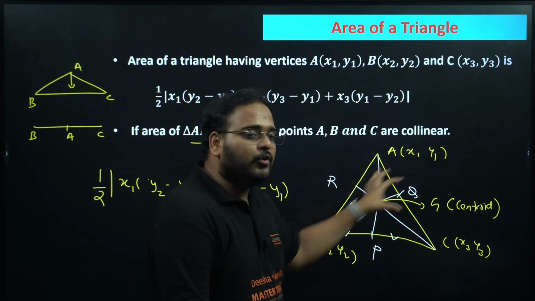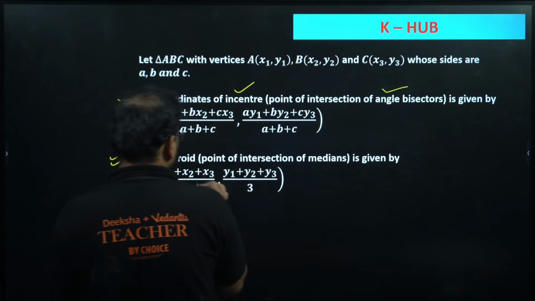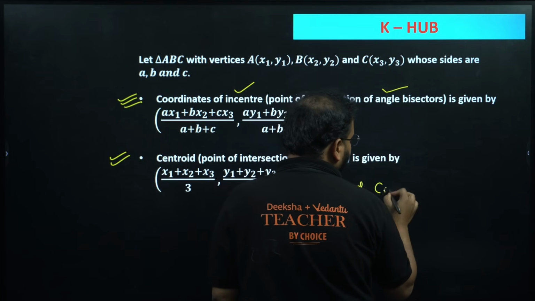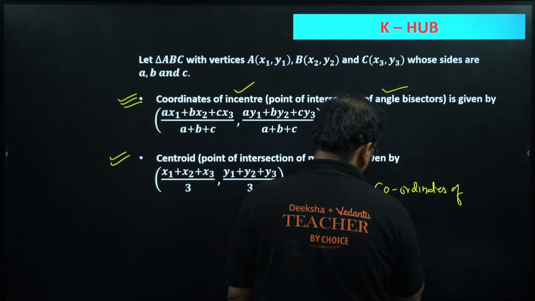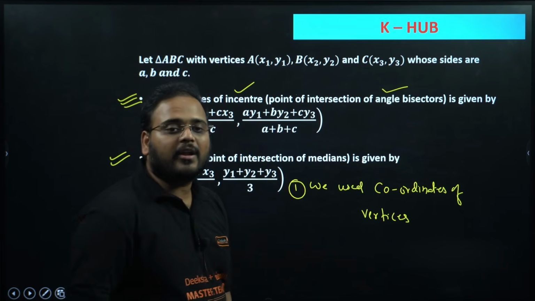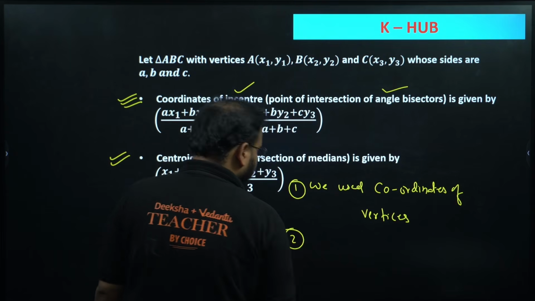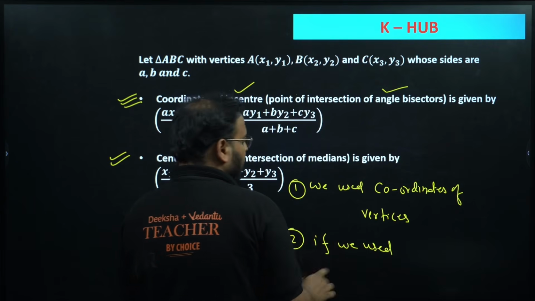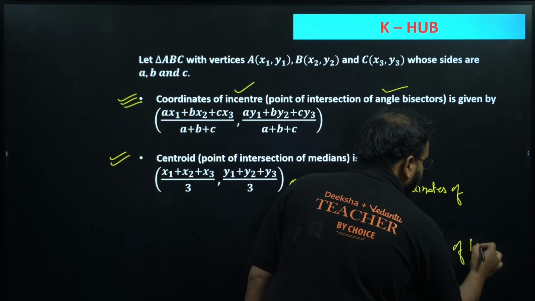I have one important result to tell you about this. In finding the centroid, what did we use? We used the coordinates of the vertices to get the result, this formula. But if we used, instead, the coordinates of the midpoints also,